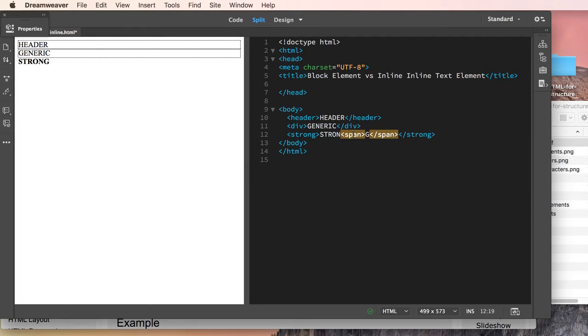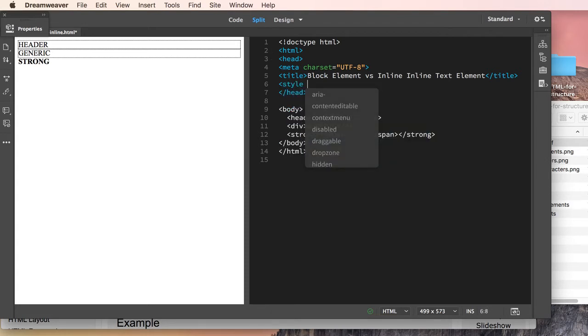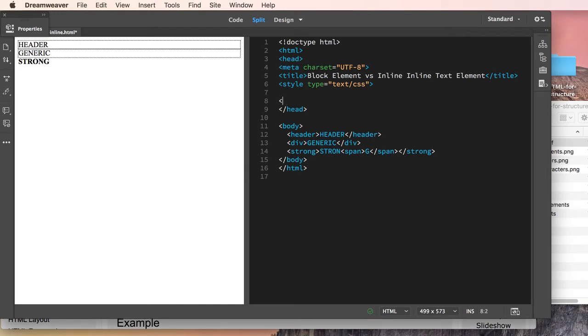Now, to really see what's going on, let's go up into the head of our document, and we're going to create a style element, and the type of style equals... this is one of the nice things about using an editor like Dreamweaver, is it gives you these code snippets. Again, we'll get into this later. So let's go ahead and close our style, and let's create a style for header